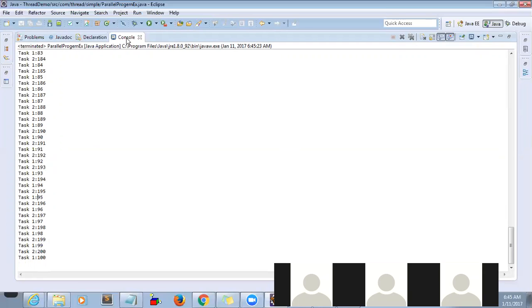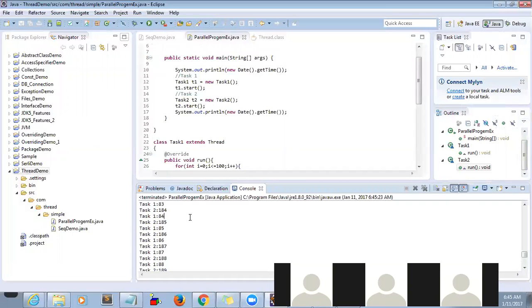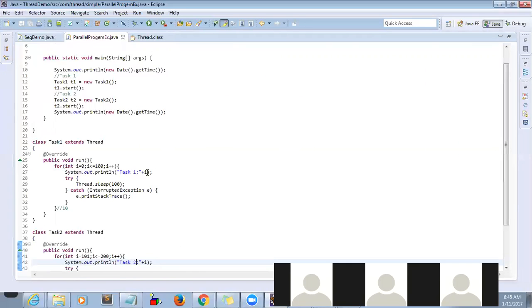Now say, for instance, if there are 100 threads running, how do you know which thread is running? If you want to get the thread name, how to get it? Here I hard coded some name, task 1. I don't want to hard code like this. I want to give a specific name. How to give a name to each task? Even if you're not giving a name to the thread, how is the naming assigned? If you want to get that name,